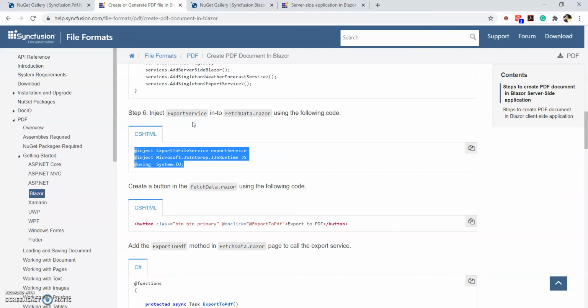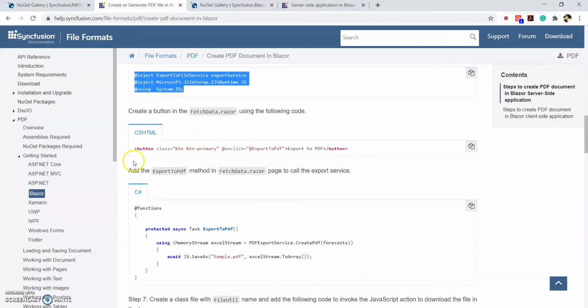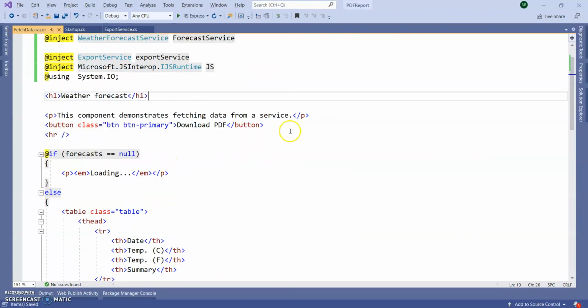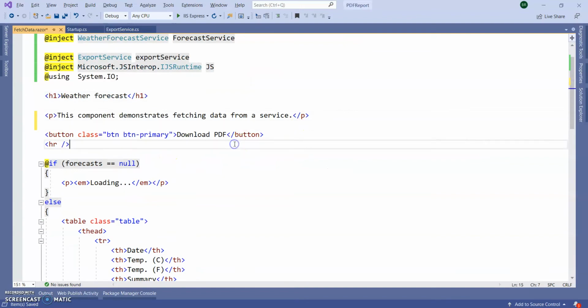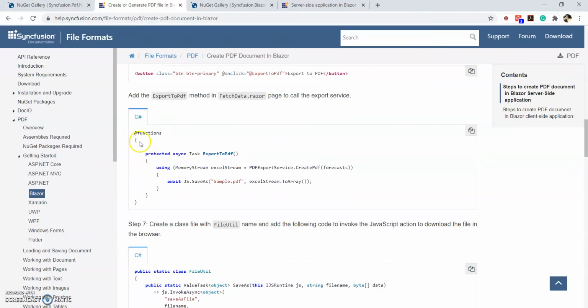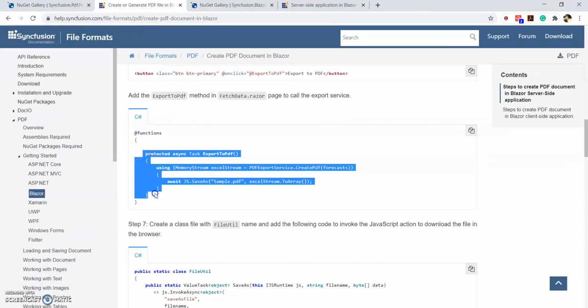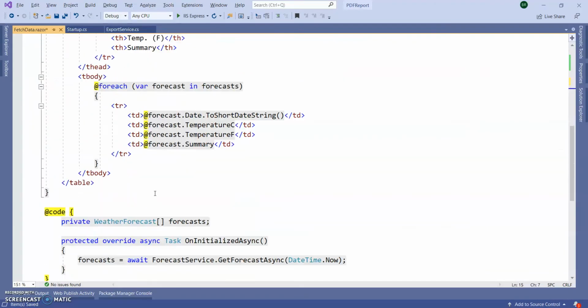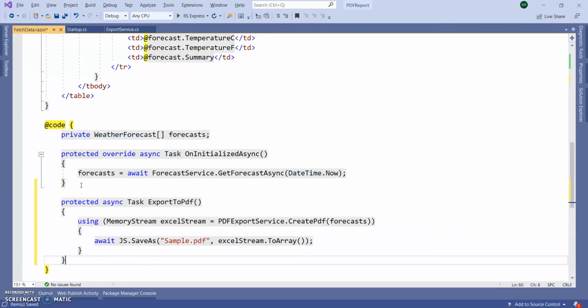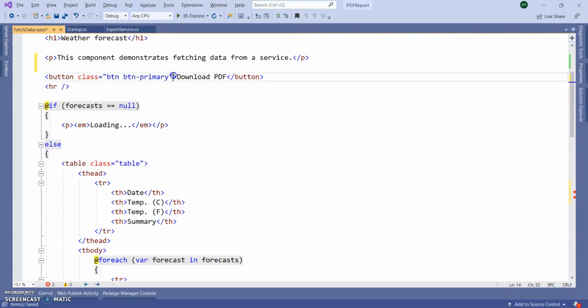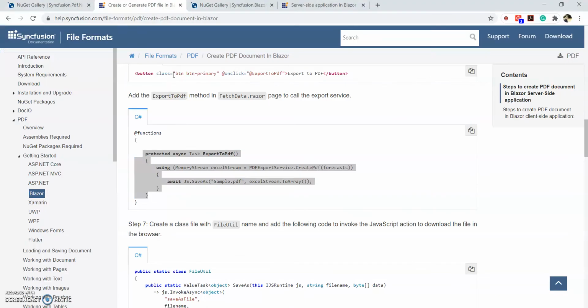Next, we have already added a button here to download. Add this event in our code section, and call this event in the button on click. Done.